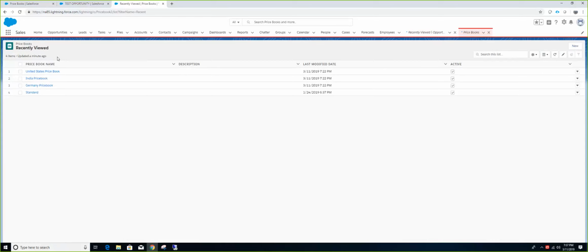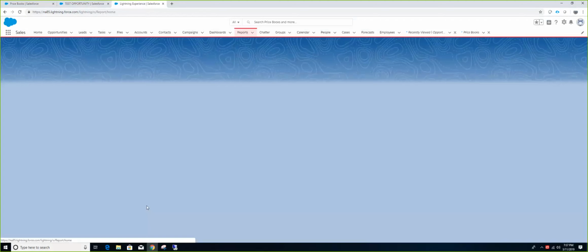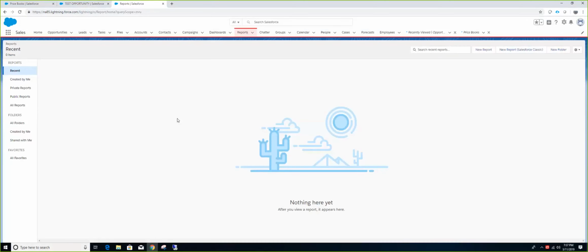So that's the standard features that I wanted to talk about. I just want to talk about reports, which I'll give you some introduction. Reports is one of the most common selling points for Salesforce. When I say a common selling point, like the whole point of having this whole application, all